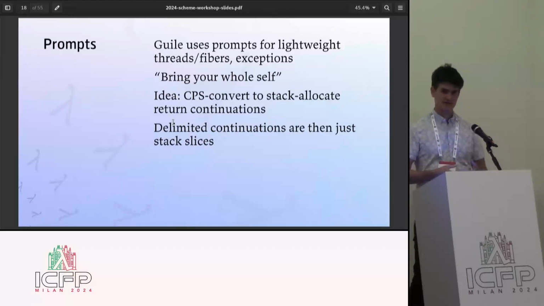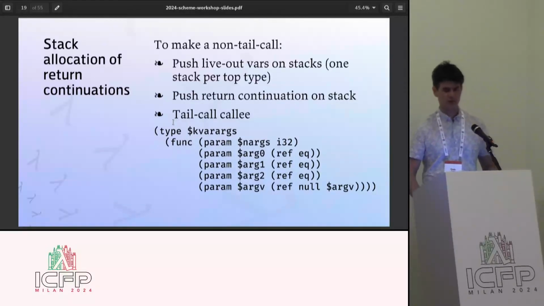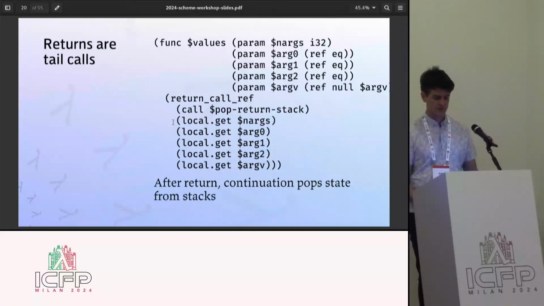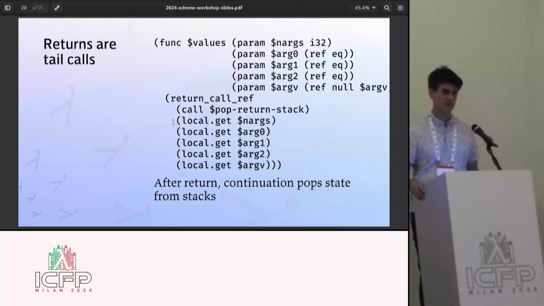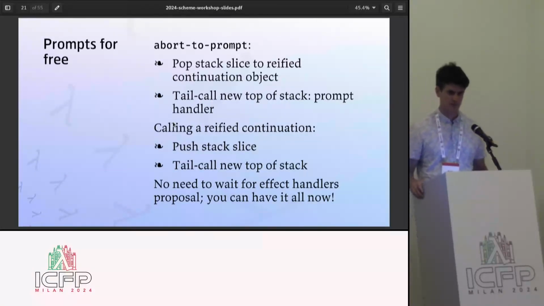And that makes stacks explicit, and then that makes the delimited continuations explicit slices of stacks. There's some details involved in this. You essentially stack allocate return continuations. This is pretty classic CPS conversion stuff. Before you do a call, you push your live out variables, which is a flow analysis problem, and those might be typed. And then when you return, the callee will then pop those live in variables from the stack. So you have a kind of stack allocation discipline for return continuations. And then prompts almost fall out of this naturally. I mean, there's some neat little details, but it's no essential cost beyond the cost of CPS converting your program,